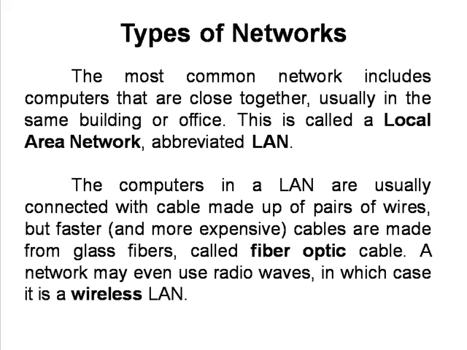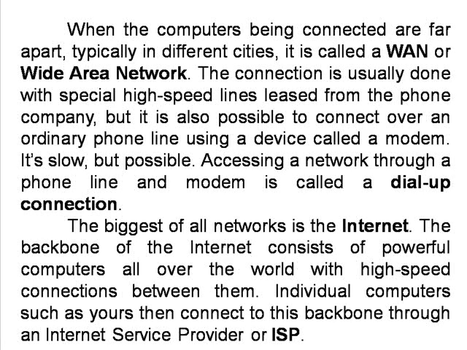Types of network. The most common network includes computers that are close together, usually in the same building or office. This is called a local area network. The computers in a LAN are usually connected with cable made up of pairs of wires, but faster. When the computers being connected are far apart, typically in different cities, it is called a WAN, or wide area network. The connection is usually done with special high-speed lines leased from the phone company, but it's also possible to connect over an